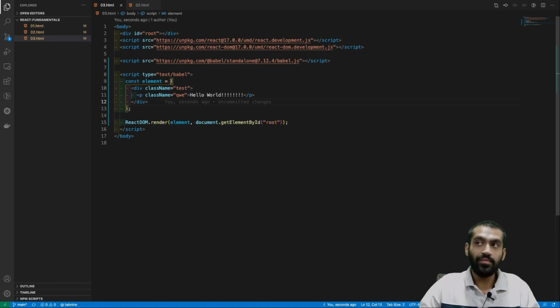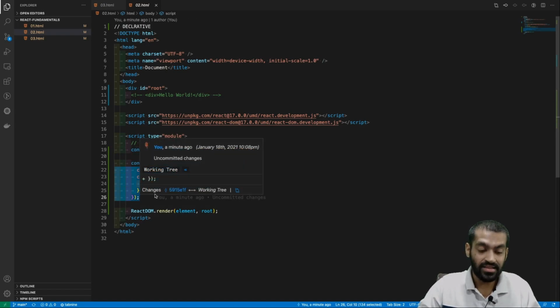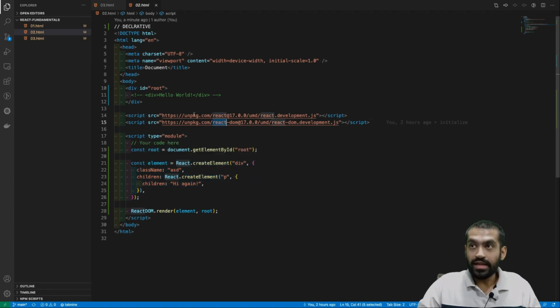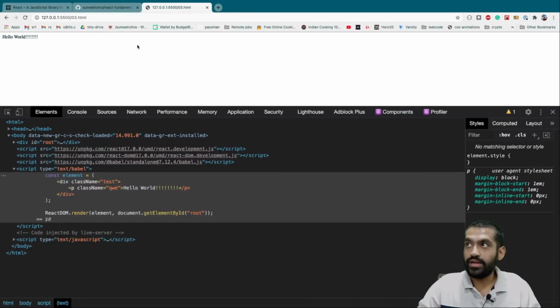So Babel essentially takes all this JSX, converts it into this React.createElement sort of syntax, and then ReactDOM takes this React element, gives it to React, and then ReactDOM renders the whole thing here.